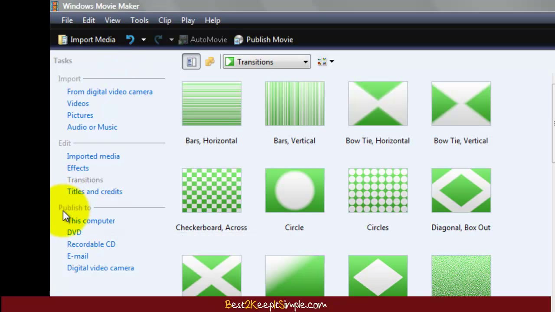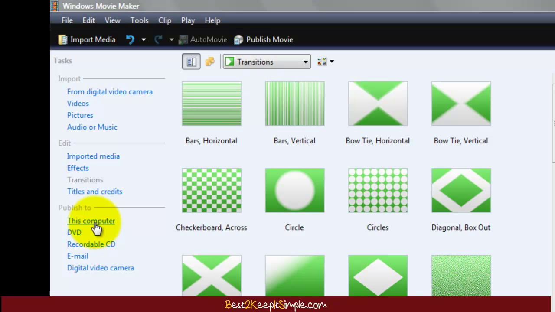And then it'll ask you here publish to. You can publish to a DVD, rewritable CD, email or digital video camera, but I always publish to my computer,